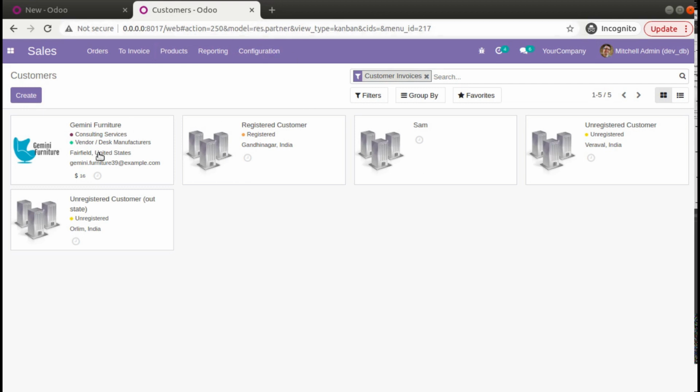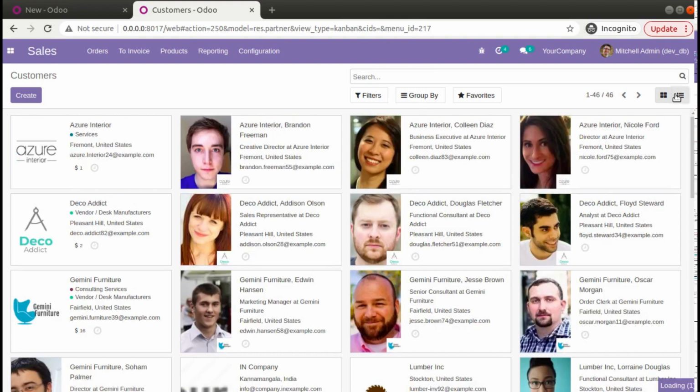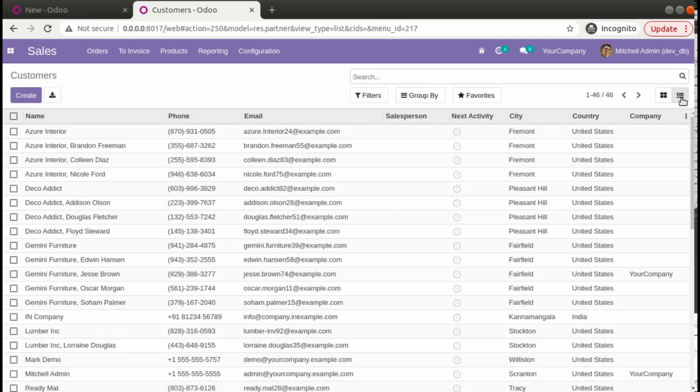Here you can see only 5 because of this filter. If I remove this filter from the search bar and switch to the list view, you can see we have around 46 records inside this database table, that is, the res.partner table contains 46 records.